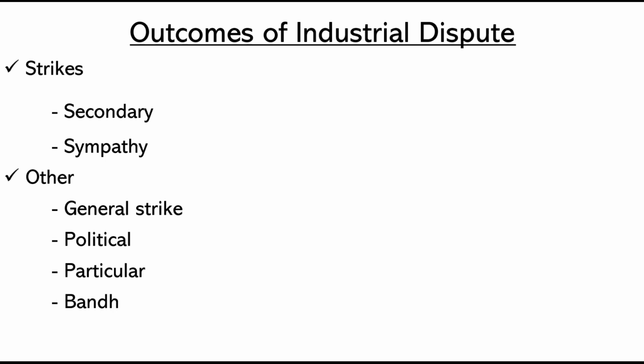It is a kind of civil disobedience, and sometimes it can lead to violence. You might have heard stories of stones being thrown at buses, railway tracks and trains being destroyed, and a lot of arson. Arson means you are intentionally, purposefully destroying something. Okay. Sometimes you might have heard that a jeep is being burned or a building is being burned. So all these things can happen, and it is not at all encouraged. Okay. So these are all the various outcomes of industrial disputes.